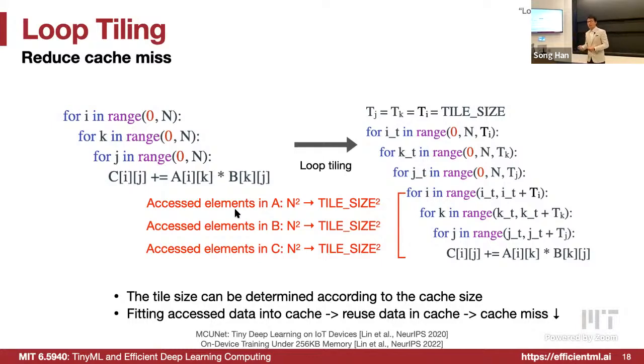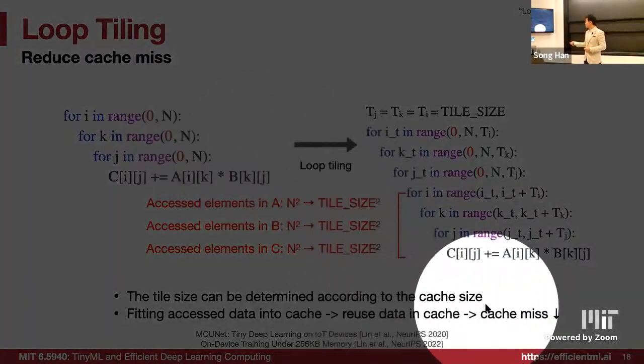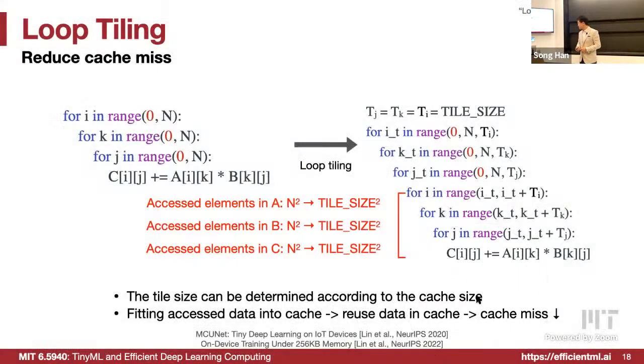And if that is the case, we can reuse data. Since it's already there in the cache, we can just iterate with whatever we have without having to load new data. So that's the magic of loop tiling, helping us improve the memory locality and also reduce the cache